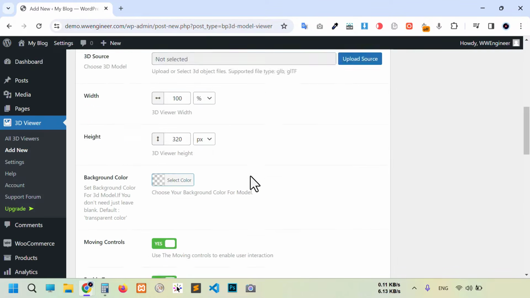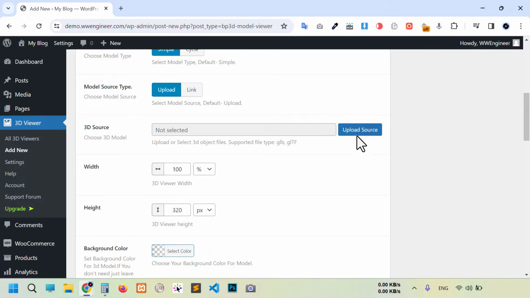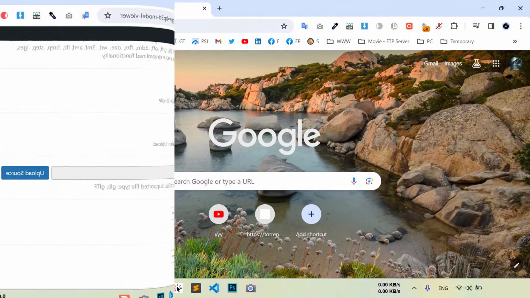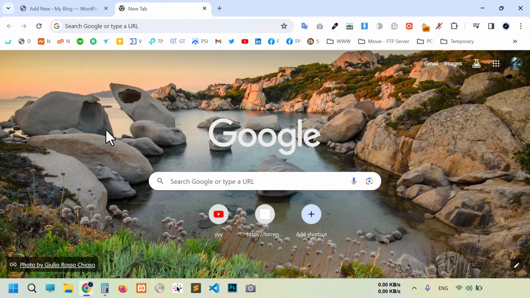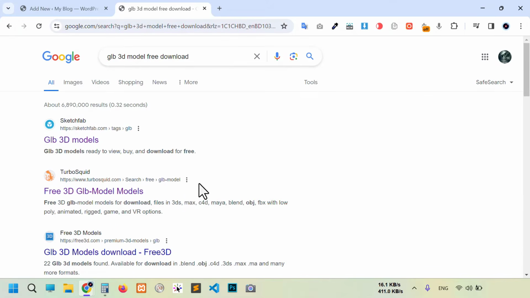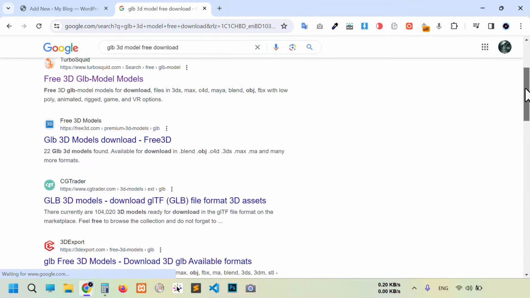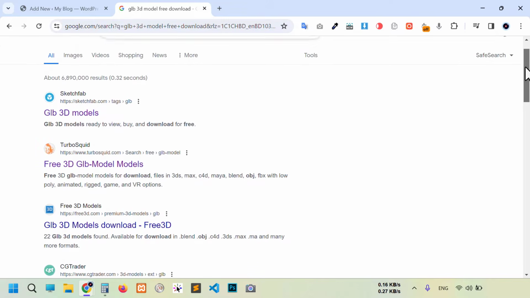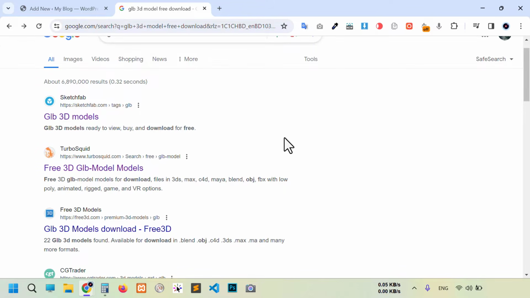So now in this box we need to locate our 3D file. So how do you download your 3D file? Just go to Google and search GLB 3D model free download. So here you see so many websites to download this GLB file. Somewhere you need to buy and somewhere you can download free. So we're going to this website, Sketchfab,